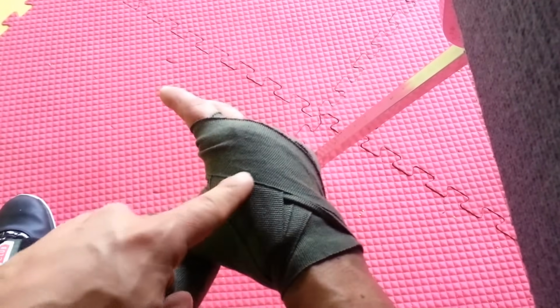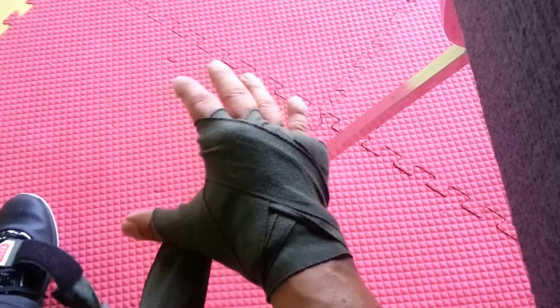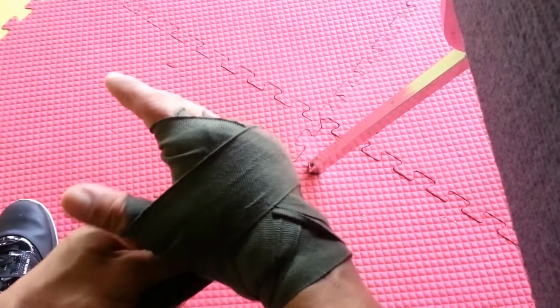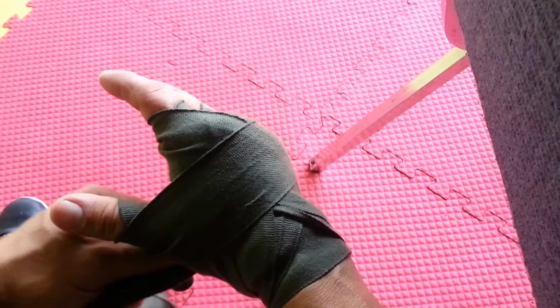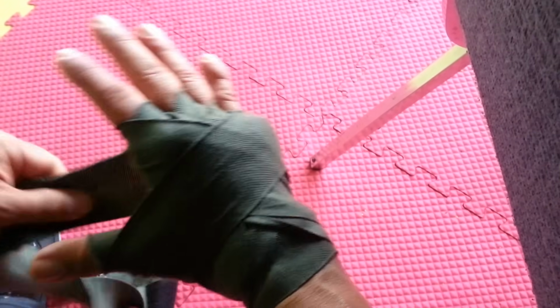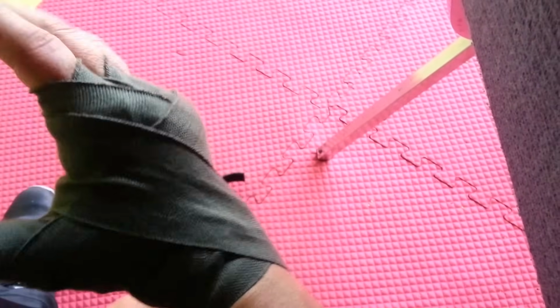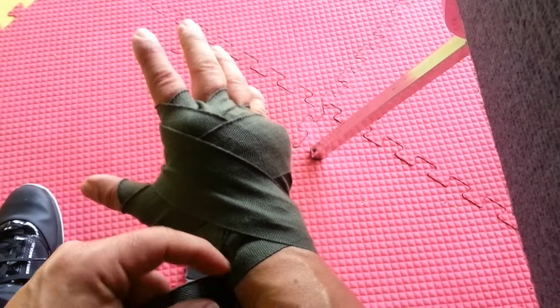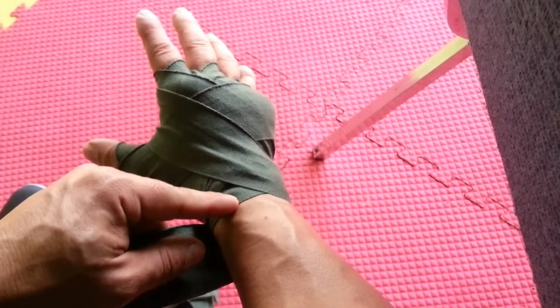One, around, and I'm going to go this way towards my knuckle. I'm going to make sure that it's snug right in here. It's going to keep my thumb from moving around. Then I'm going to take this and I'm going to go back towards my wrist. Right in here. Now I've got my hand fully wrapped and I've got enough material to go back and secure